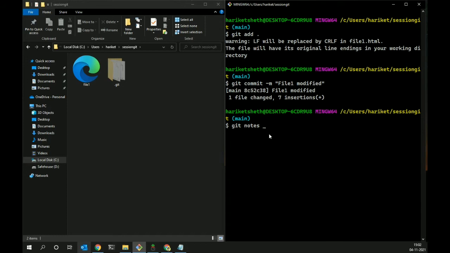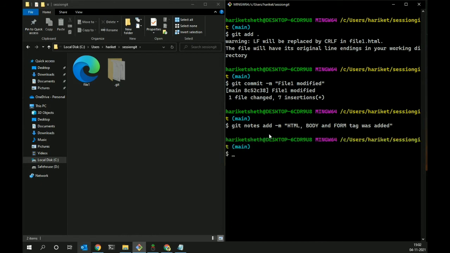You have to type git notes add, with -m to add the message in the terminal itself, and I can say HTML body and form tag was added. So I'm elaborating on what exact modification was done. Now I executed that.